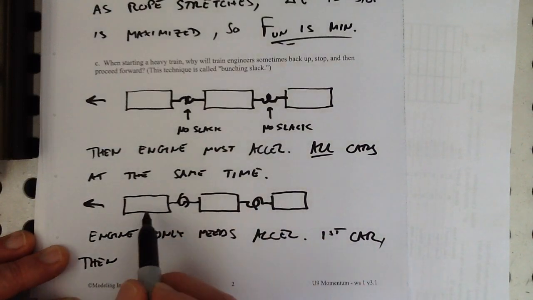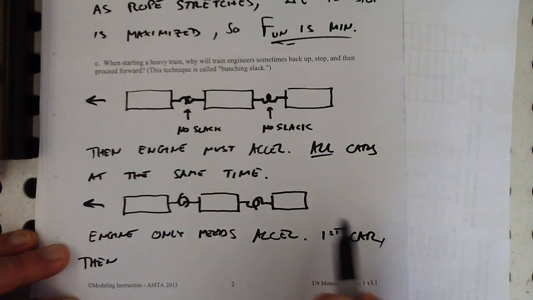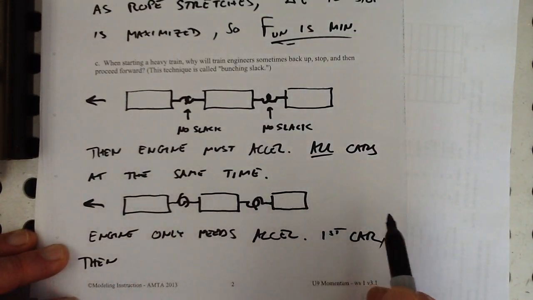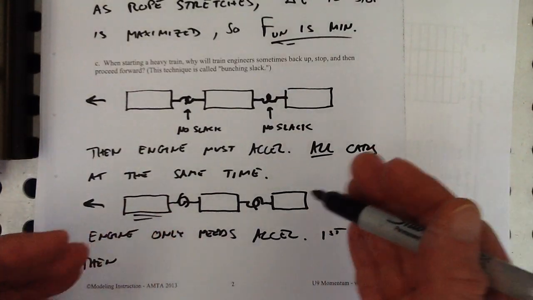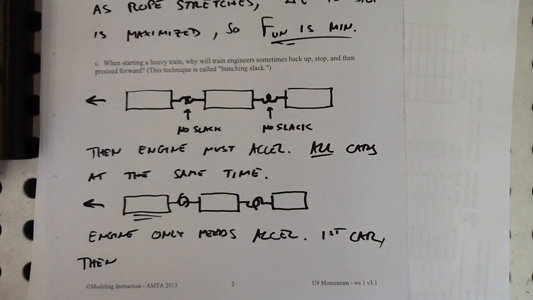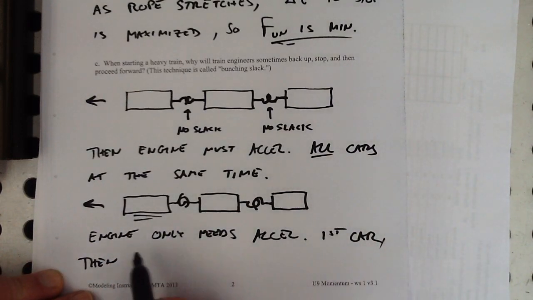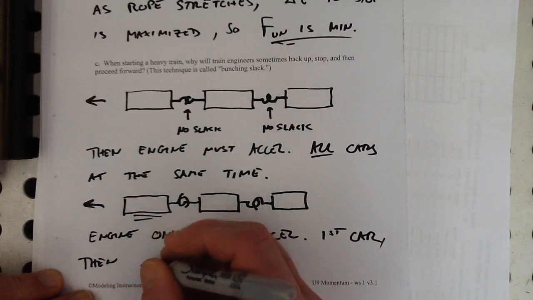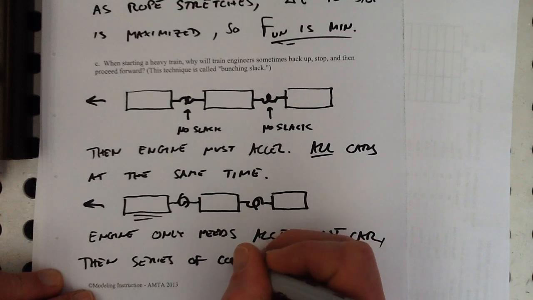But the advantage of that is that you got that moving without having to get the entire thing moving, and with all those little collisions down the way, you already have that first one moving. So it's going to be easier to get it moving. Once the whole thing gets moving, nothing has changed then. It's still going to take the same amount of power to move that whole train down the line, but it's much easier to get started this way. So the engine only needs to accelerate the first car, and then there's a series of collisions.